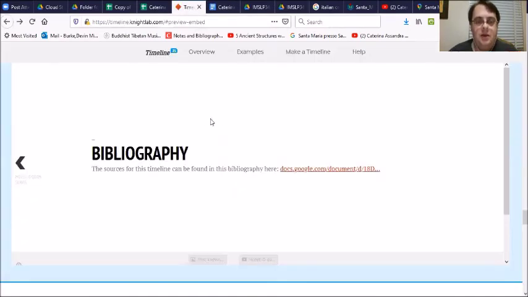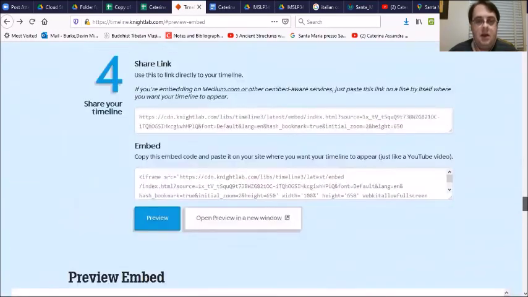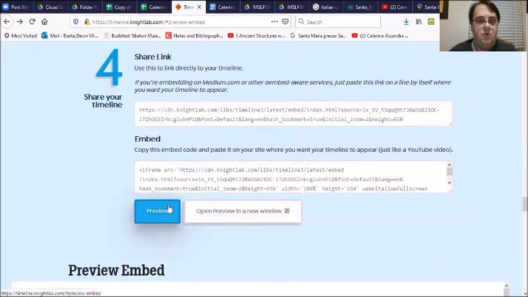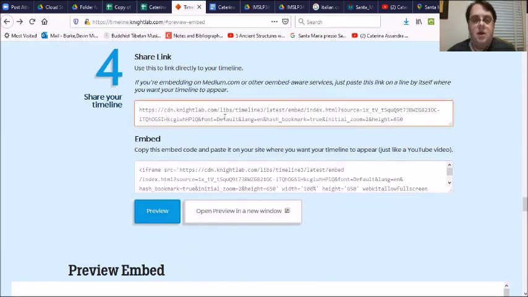Okay, that is a basic run through of how to turn your timeline outline into the types of data that you need to create your timeline. So once you've put all that in, you can keep hitting preview to make sure it all looks good. I tend to do that to keep checking that everything is working right. Once you have finished that, then all you need to do is make sure that you copy this